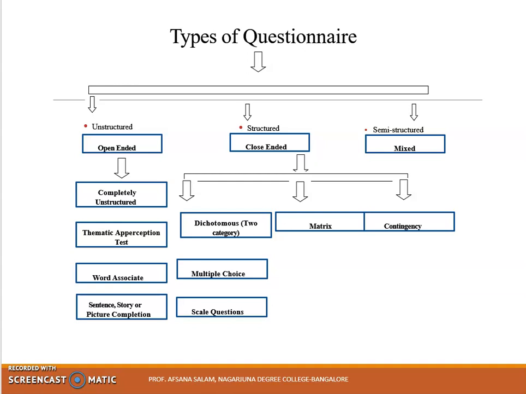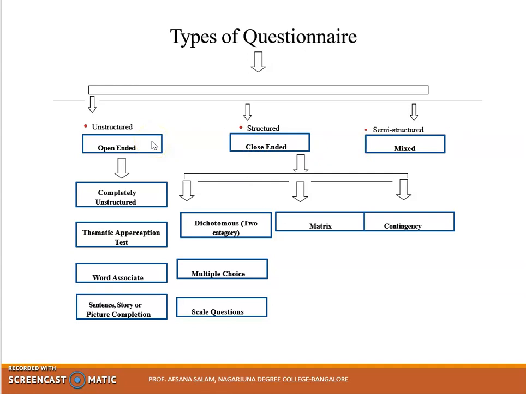You have MCQs in your foundation course, different multiple choice questions, so you can also have such questions. We have three types here: structured, unstructured, and semi-structured, which is a mix of the two. First we will see the unstructured